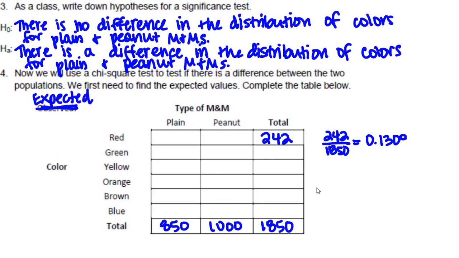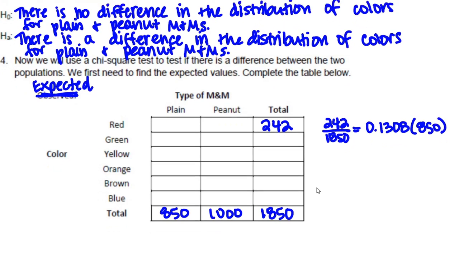That means that right now, regardless of the type, 13.08% of M&Ms are red. And so if there's no difference in the distribution, that means that 13.08% of the plain M&Ms should be red and 13.08% of the peanut M&Ms should be red. So what I'm going to do now is multiply that number by 850, and that gets me